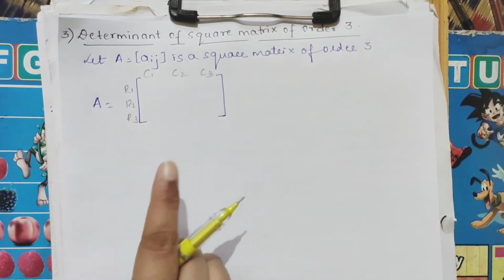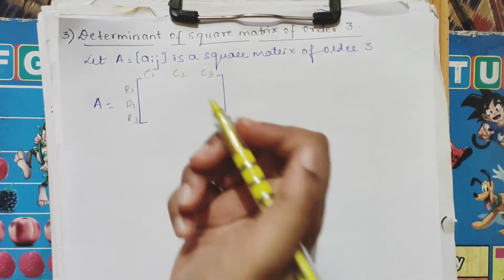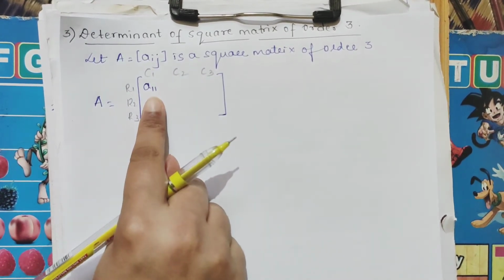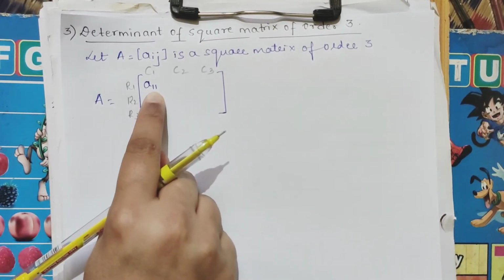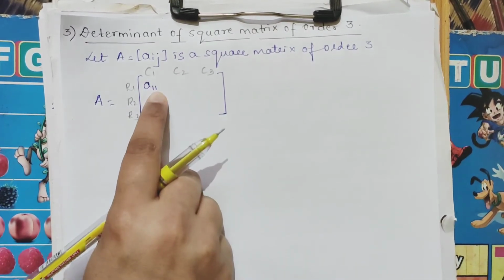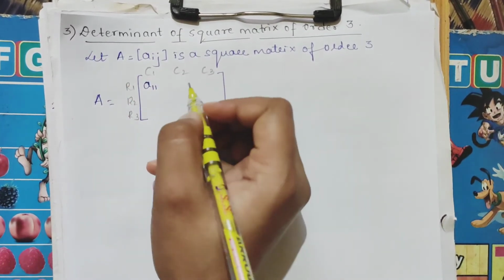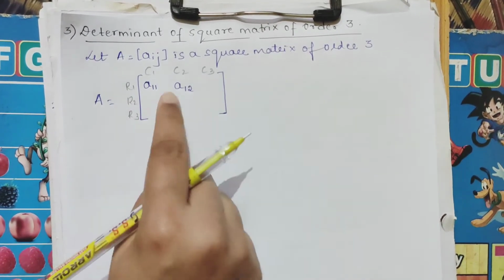So how will we fill in the elements? As you know, we have already done this in matrices. For general elements, how do we take them? We take A11. Why do we take A11? Because it lies in the first row. See, A11 comes from row 1, column 1, like that. These elements are in row 1, and the column will be 1. Now here, see, row is 1, column is 2. So it becomes A12.